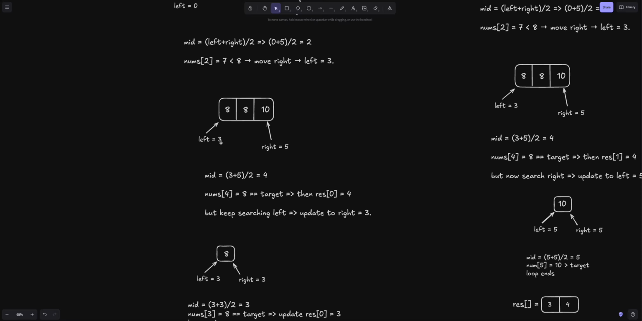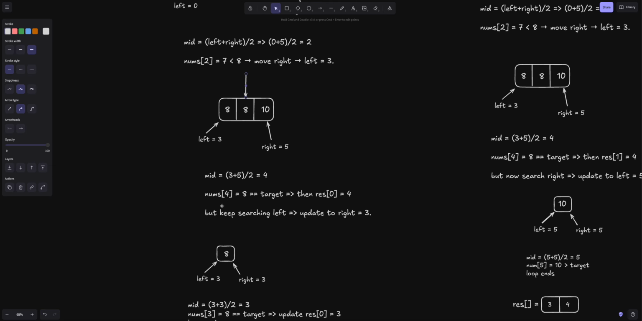Now we have left as 3 and right as 5. So finding the mid element is left plus right divided by 2. Hence we are getting the mid index as 4. And here we can see that the mid element is 8. We found that it is equal to target, then we can make the result array index 0 as 4,